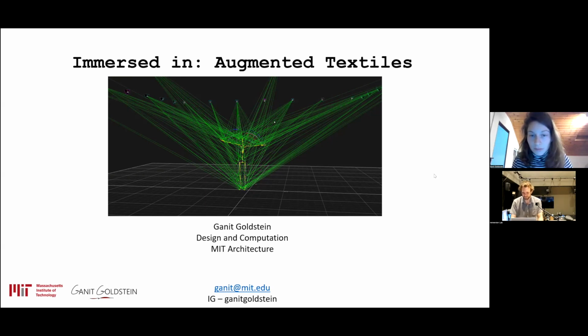Okay, great. And here's a question specifically about conductive threads. How can one ensure longevity? Silver might oxidize and other materials might be hard to weave with. Could you talk a little bit about that?